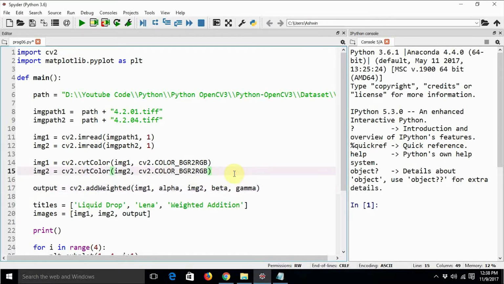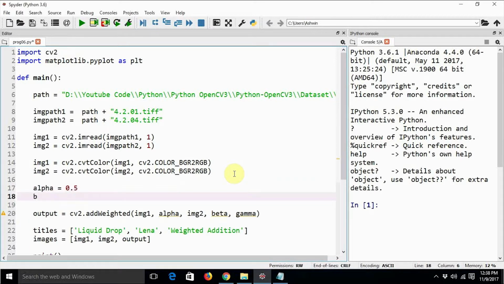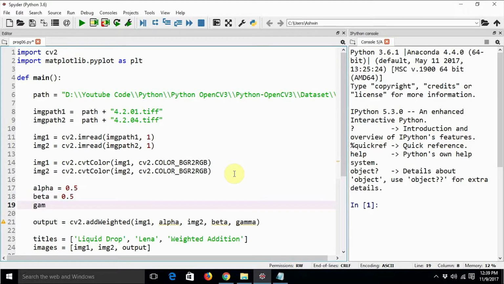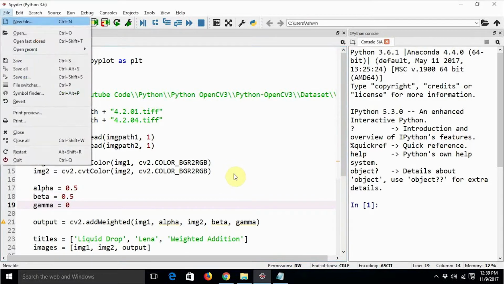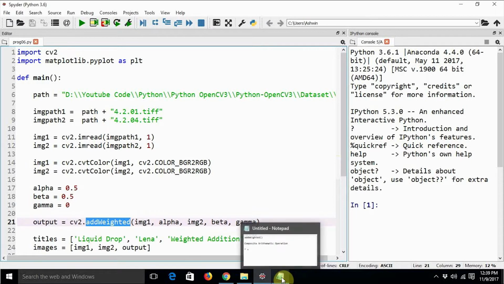So in this entire statement, we have some missing stuff: alpha equal to 0.5, beta equal to 0.5, gamma equal to 0. Fine. So we have weighted addition here. addWeighted refers to weighted addition.